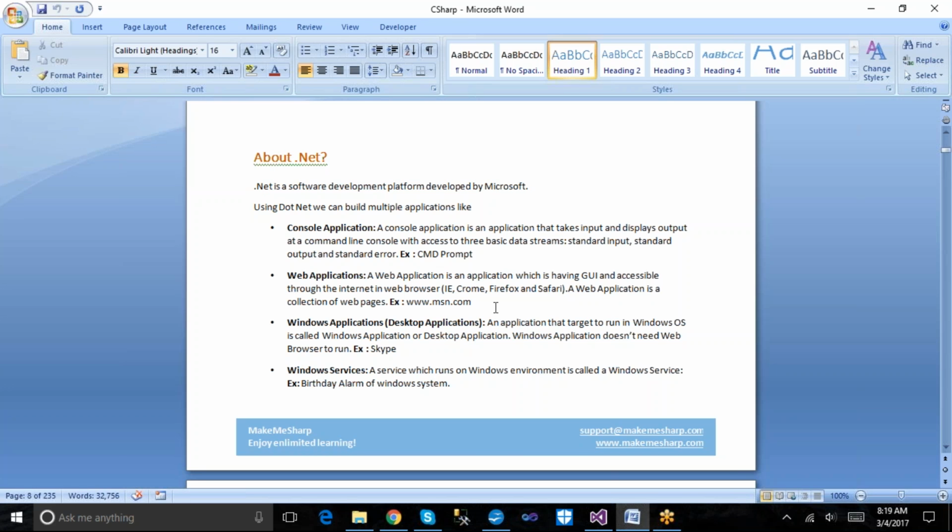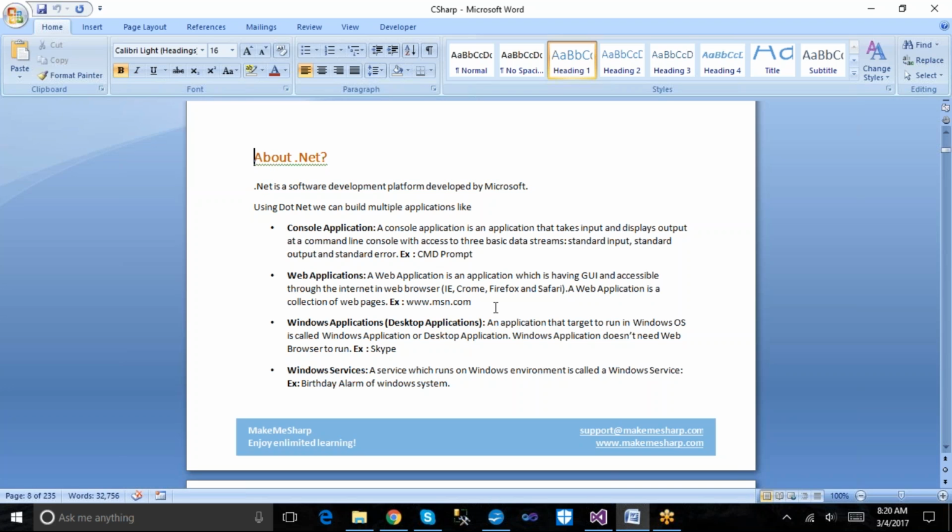It is not a language, or a web technology, or just a Windows application platform. It's not like that. It has all kinds of environment built into .NET. That's why we call it a software development platform or technology. We can't say .NET is a language, and we can't say .NET is only a web application. It's a development platform or technology from which we can build a variety of applications.